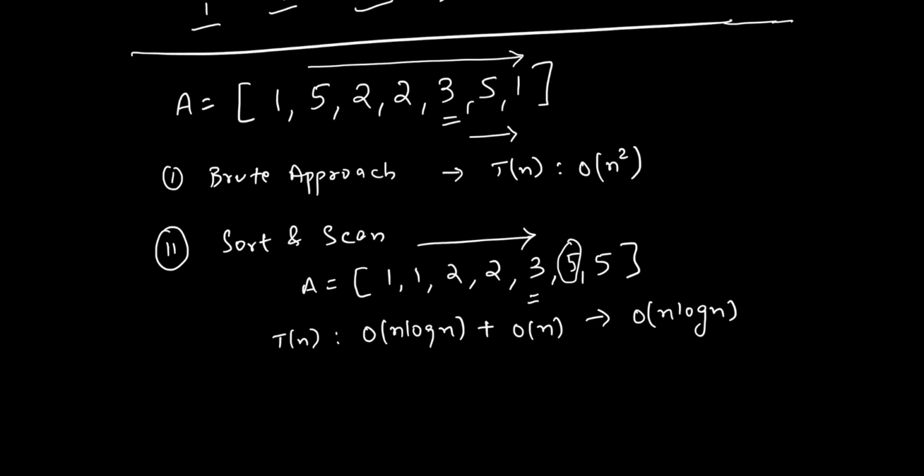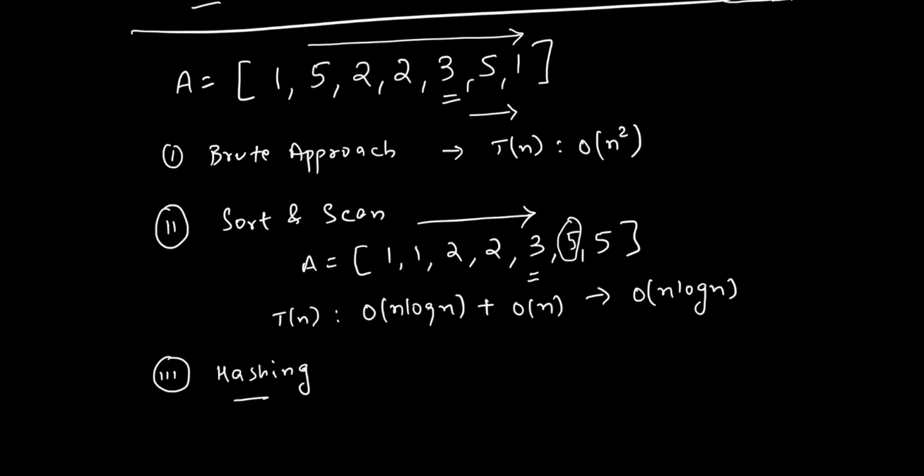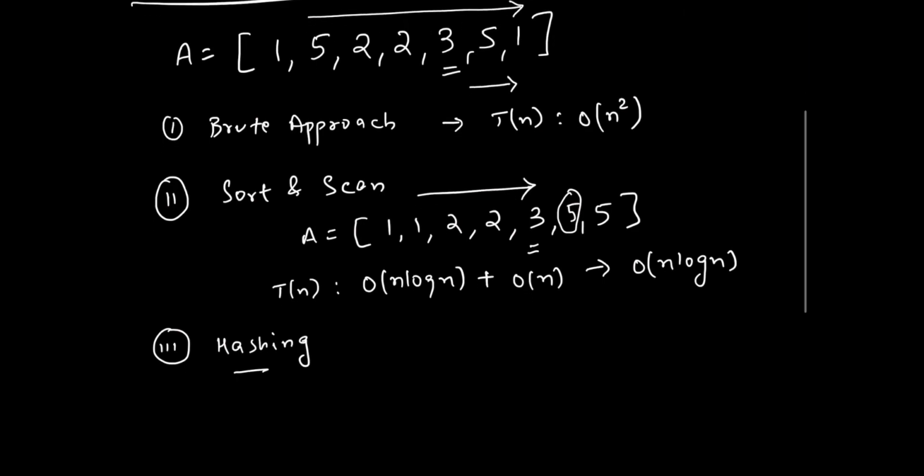Now the third approach is, again, we can use hashing. So hashing is where we use key value pairs, right, to store the count. So here what we can do is that we can store the count of each integer. So let's say if we maintain a map something like this, so we do a rightward scan. So our key is 1, its current count is 1, right? Then the next element is 5, so it will have the current count 1. Then we encounter 2, we update the count as 1.